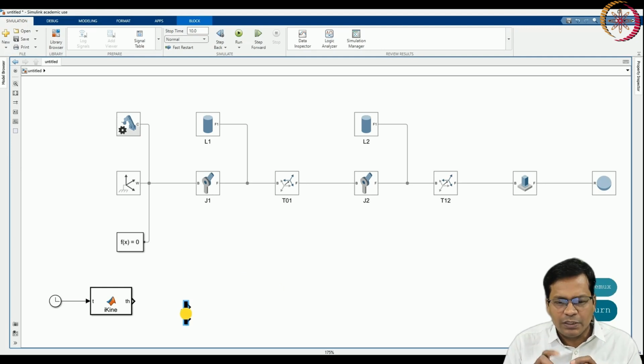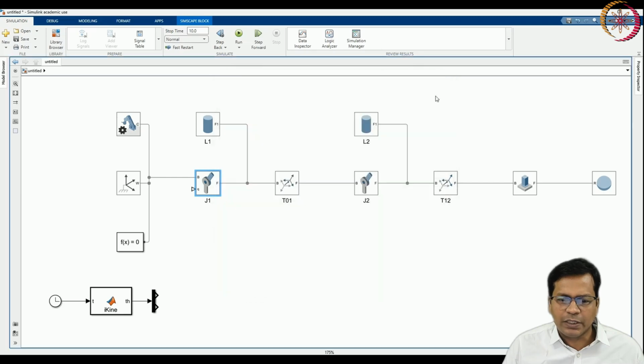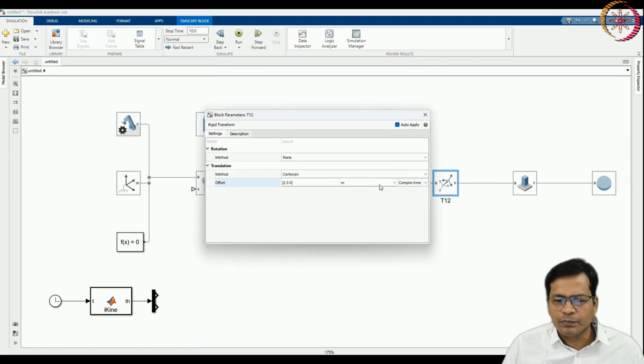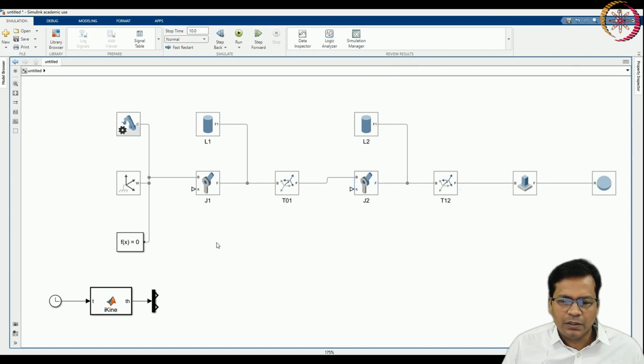So the first variable will go into joint 1. Joint 1 will take the motion input provided and calculate the torque automatically. Similarly, joint 2 will take motion input and torque will be calculated automatically.